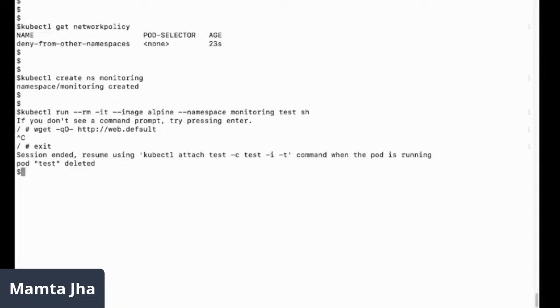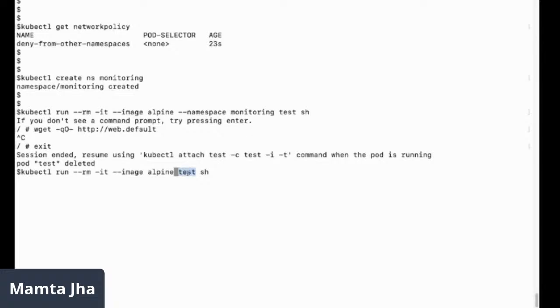This is what we expect it to do, but let's see whether it accepts a packet from a pod in the same namespace. So we want to create a test pod and we would create it in the default namespace. Resources with the same name can belong to two different namespaces.